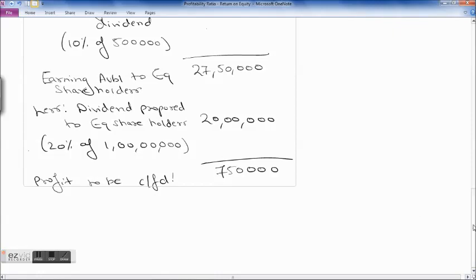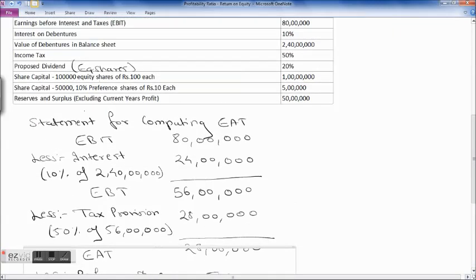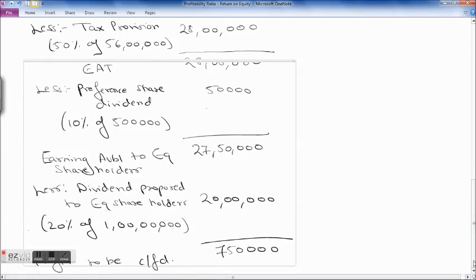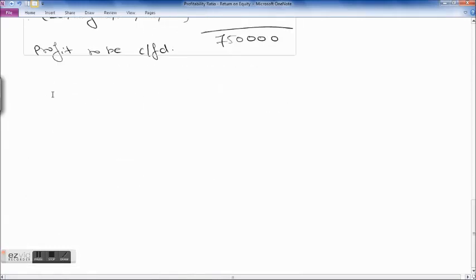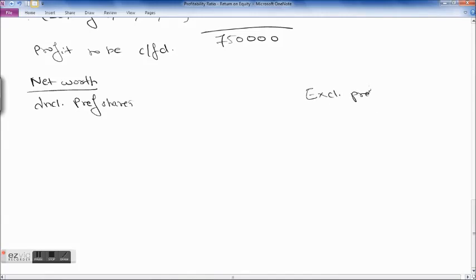Now we'll find how to calculate the net worth. Okay, so let's see how to calculate net worth. Now there are two ways of calculating net worth. One is including preference share, another one is excluding preference shares. So first we will calculate including preference share. So net worth including preference shares will be